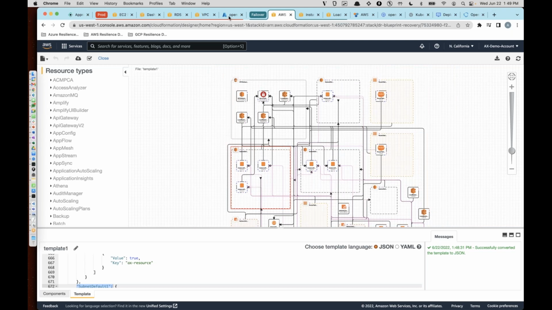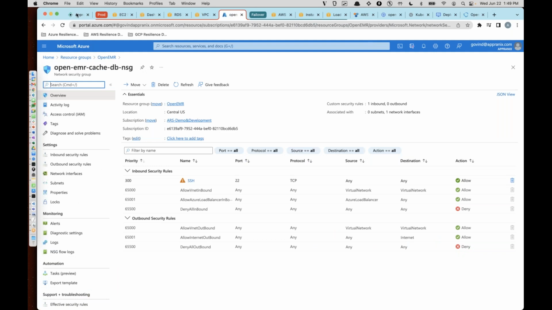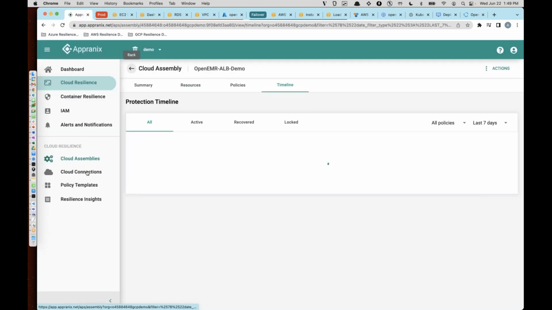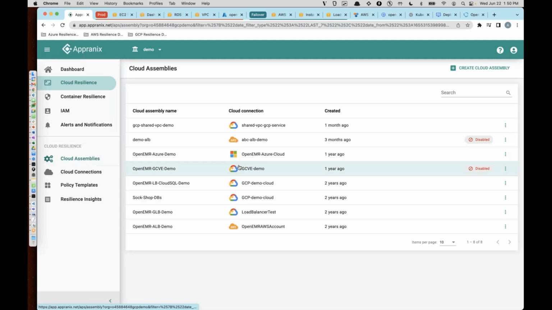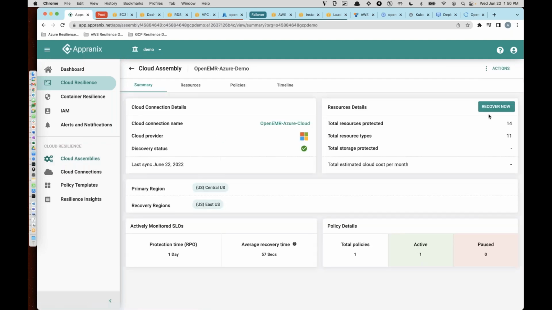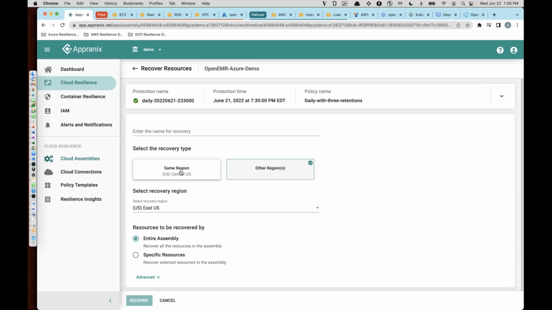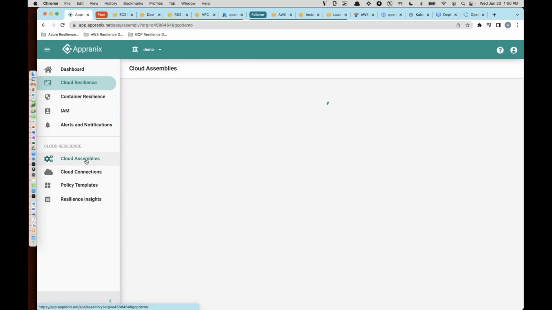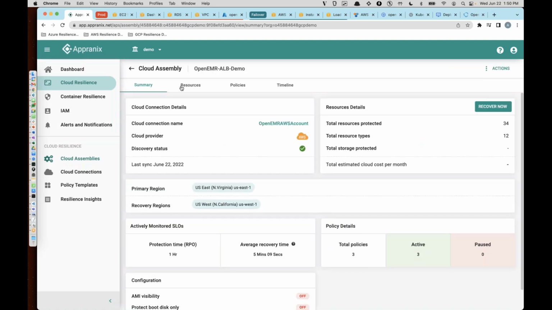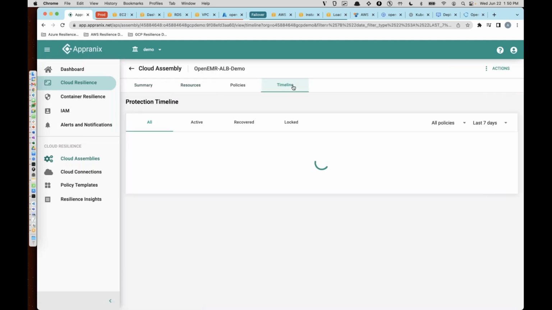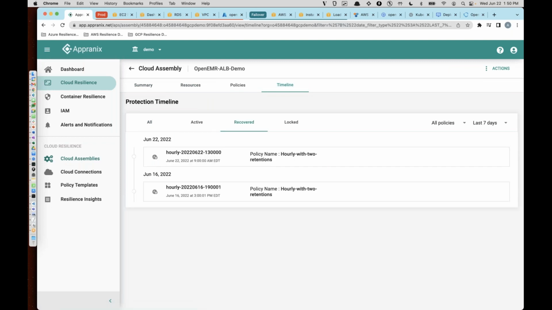If it is Azure, you program the same thing, right? All I have to do is go back to an Azure assembly and then do the same thing, right? Recover now, other region, from Central to East Coast, no difference, right? And once you're done with that, recoveries are happening. You can fire off multiple recoveries as well to be able to understand,